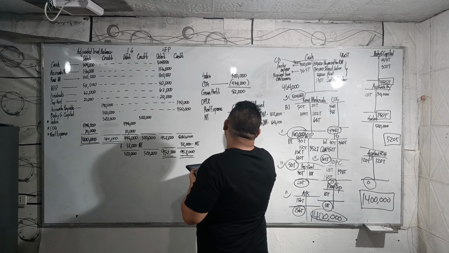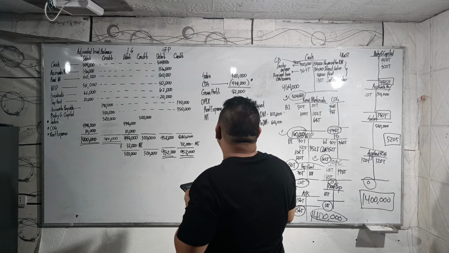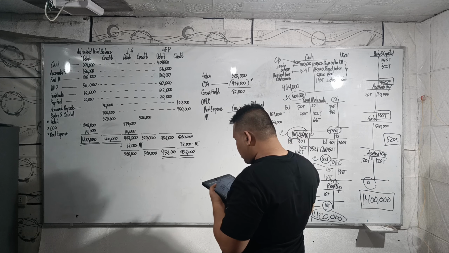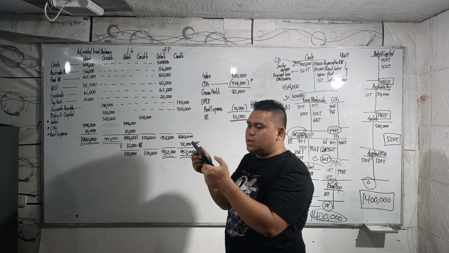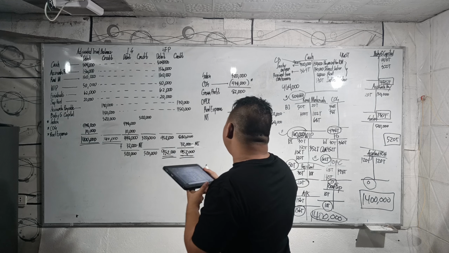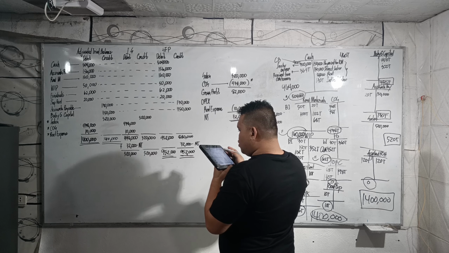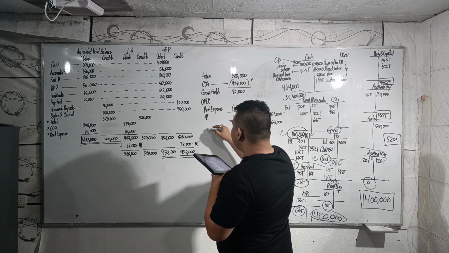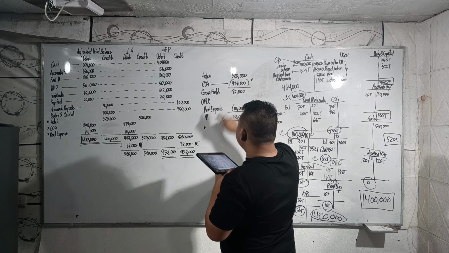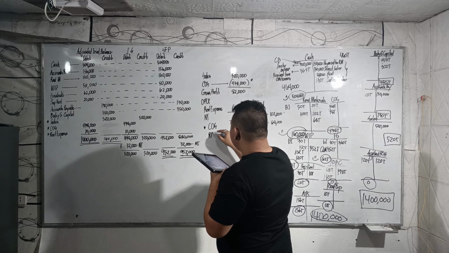But then again, if you will be asked, what is the component of this one? Like they wanted it to be detailed. How did you get the cost of sales? So, which is why I went with our last problem where I did not yet erase the illustrative problem so that we can answer that. So, what will happen? First off, you can compute the raw materials used first. So, if this has computation, you can put cost of sales. So, you'll start with raw materials